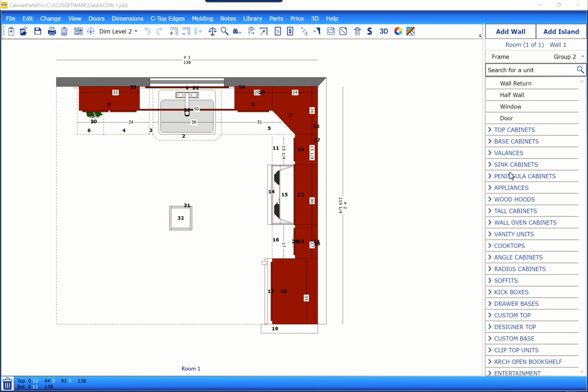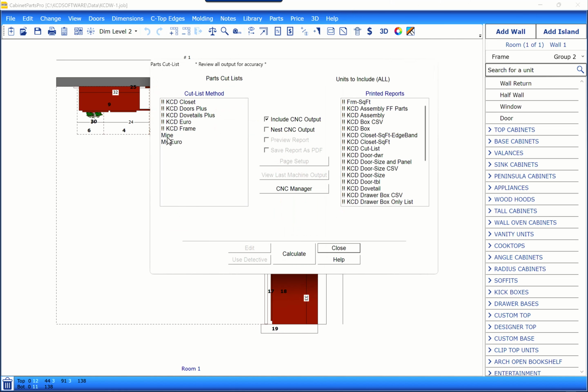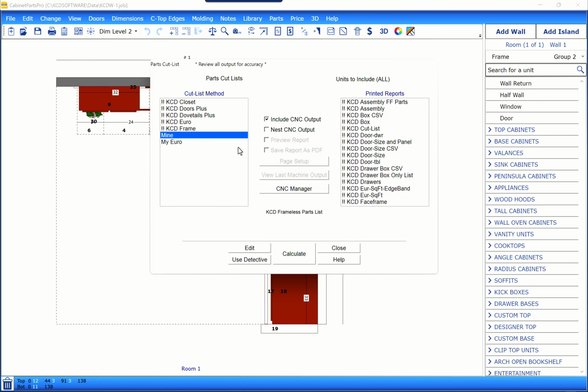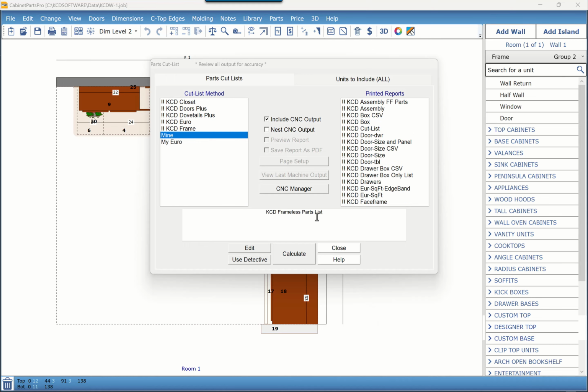In this video, we're going to show how to create our parts needed from KCD to be able to be manually nested and saving the toolpaths using PartNester version 4. So we will go up into the parts, selecting the cut list you're using, and I currently have the